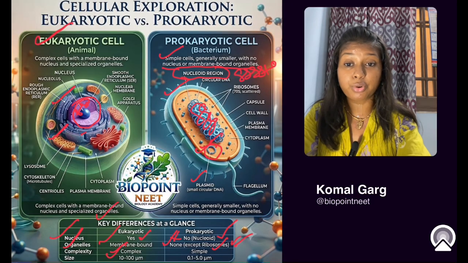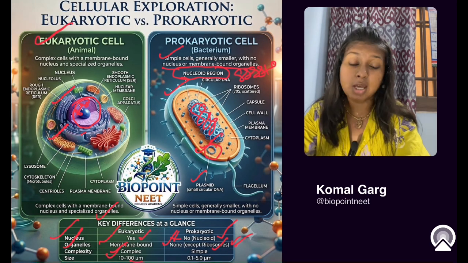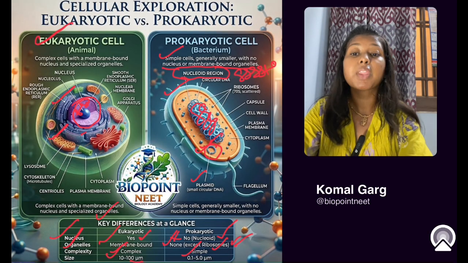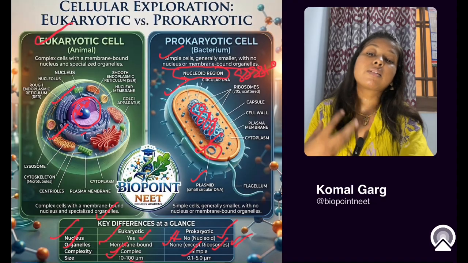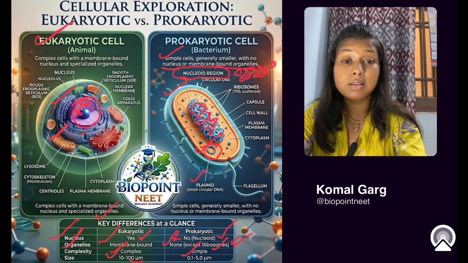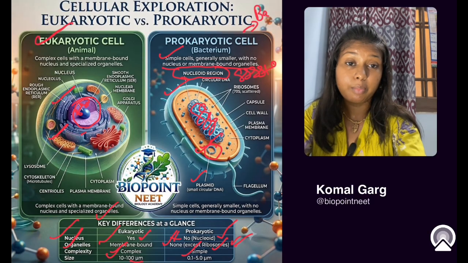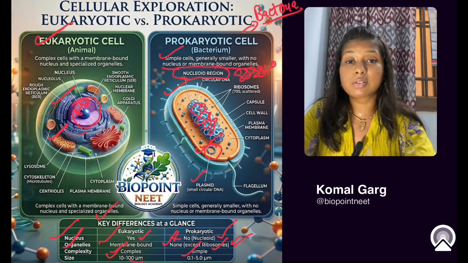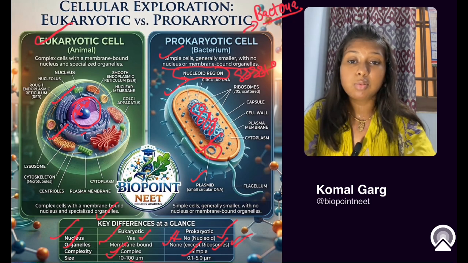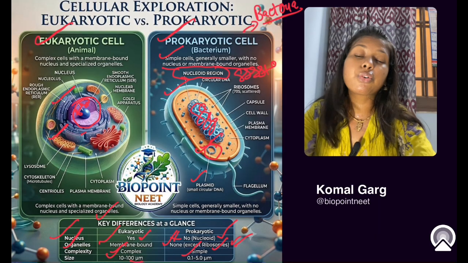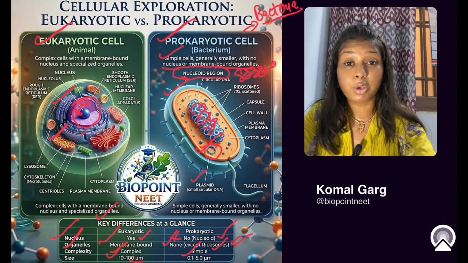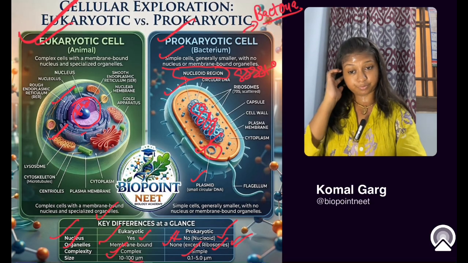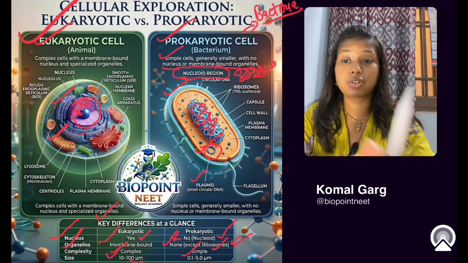Size is large for a eukaryotic cell, near about 100 micrometer, whereas the prokaryotic cell is small, which is 0.1 to 5 micrometer, or it can be 20 micrometer. Now, what are the examples of prokaryotic cells? Prokaryotic cells are mainly bacteria. Bacteria is a major prokaryotic cell category. We also know about kingdom Monera, which contains bacteria, so those are prokaryotic cells. Whereas eukaryotic cells are mainly observed in higher organisms such as humans, animals, or plants. So these are the overall structural differences between the